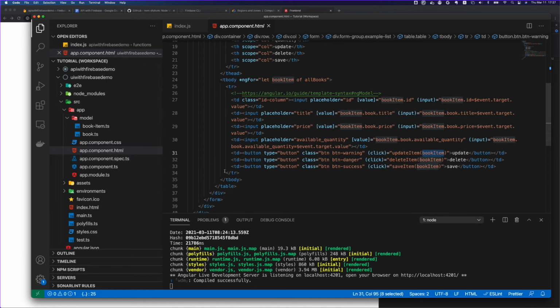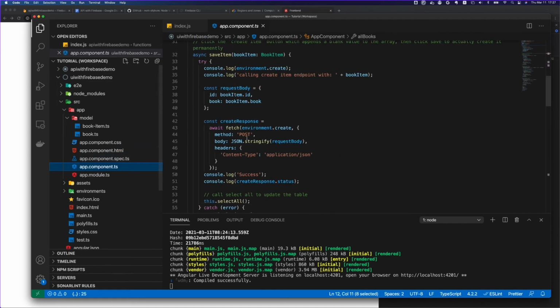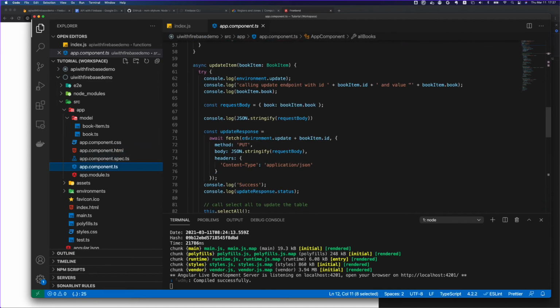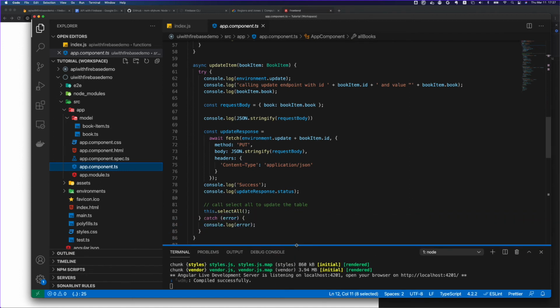So let's look at them one by one. First of all, update item. Let's go here, and update item is here. What this update item does is it takes the book item, and from that book item it creates a request body. If you remember, our request body when we call an update should be anything which is updated in that book object.